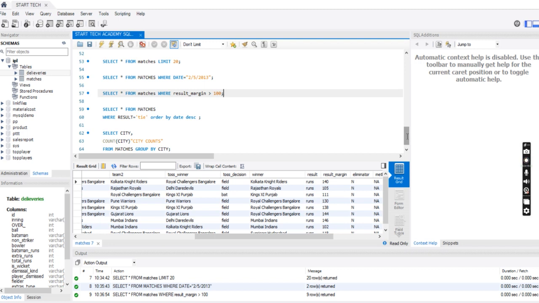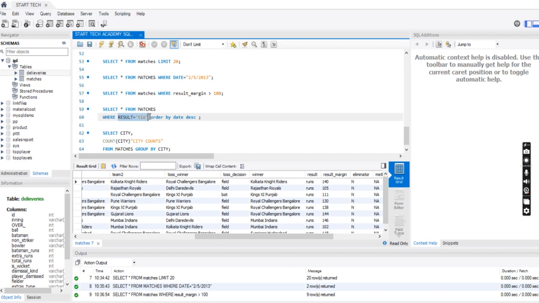Like first of all we have to find the data of all the matches where final scores of both the teams is tied, and second is that we have to order it in descending order of date. So in that case we are first of all going to write the same command. Select everything from table matches, where command, because of course we want a particular data. Now in this first of all we want that result equals to tie.